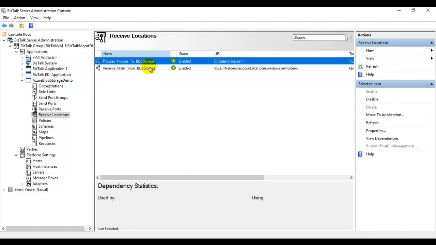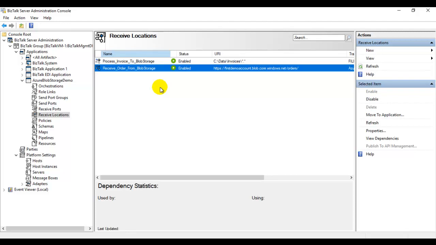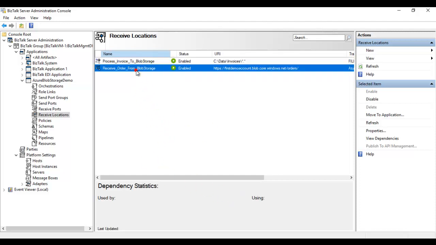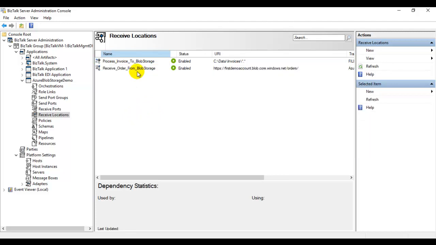In this session we will do two scenarios. First we will receive an order from Blob Storage, and in the next scenario we will send one file from our folder location to Blob Storage. Let's concentrate on the first scenario, where we will receive a file from Blob Storage to our local folder.